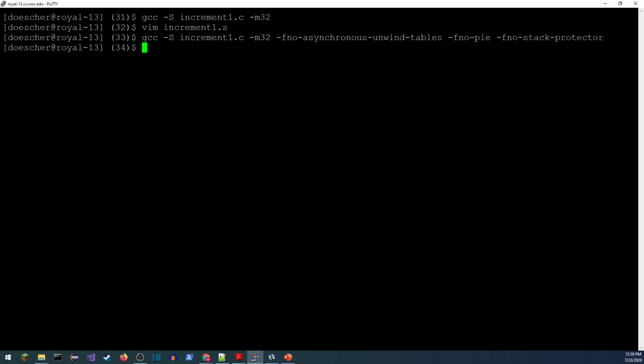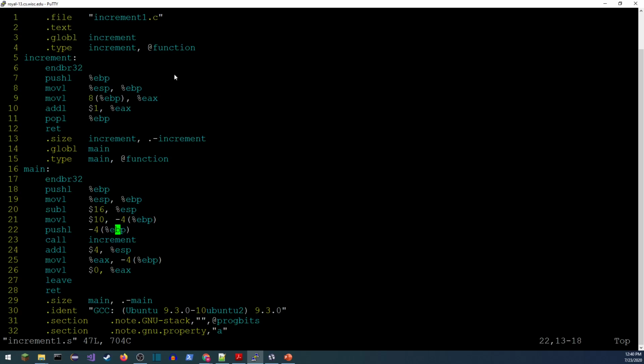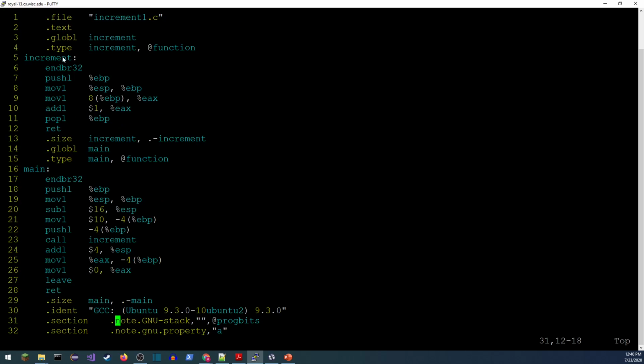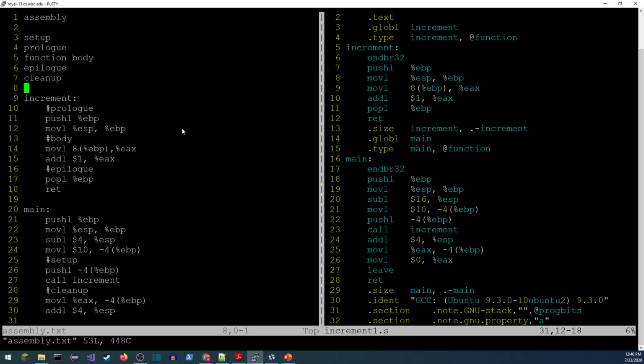We're going to turn off all those extra options, and then I can go back up and just take a look at the assembly. Much shorter. All right, went from 80 lines to 40. In each of these functions, we can see that all of those assembler directives have now been removed. All right, so let's take a look at this. Let me pull up my version right next to this, side by side. So, vertical split. Man, what did I call it? Assembly.txt? Yep, okay, so this is what I came up with.